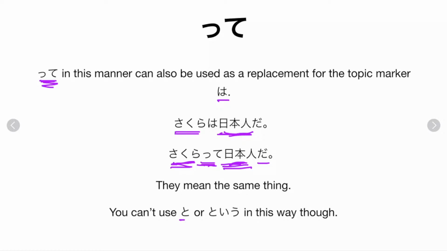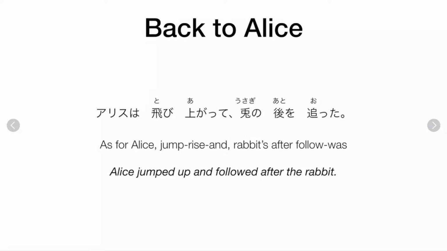You can't use that with to or to iu specifically, because if you say Sakura to, then that becomes like Sakura, a Japanese person. Or if you say Sakura to iu, then it is like a Japanese person called Sakura. But if you say Sakura te Nihonjin da, then you're saying, oh, when I talk about Sakura, she's a Japanese person. Okay? After this, there was some Alice in Wonderland stuff, but we're going to skip reading that for now